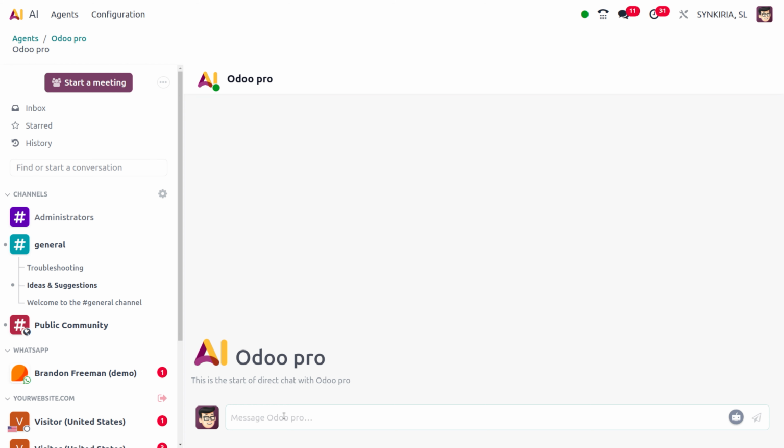So this is one of the main features, and that is used for enhancing the automations of Odoo. And this will truly help Odoo 19 with its functionality. So I hope this video clarifies what AI in Odoo is.